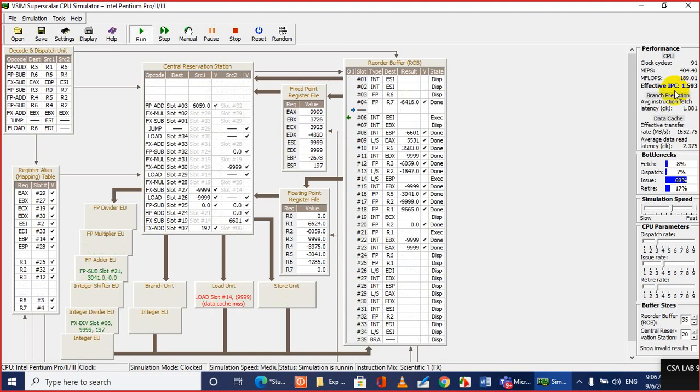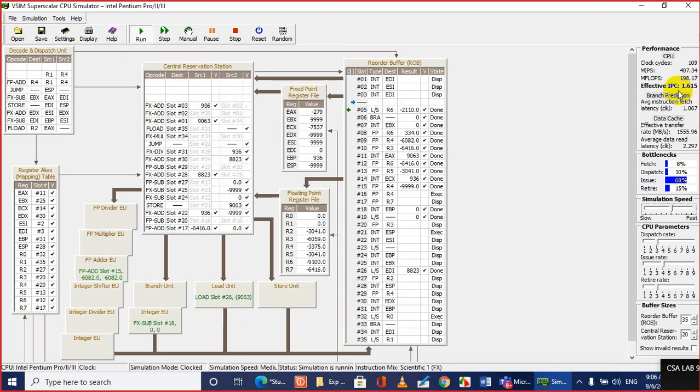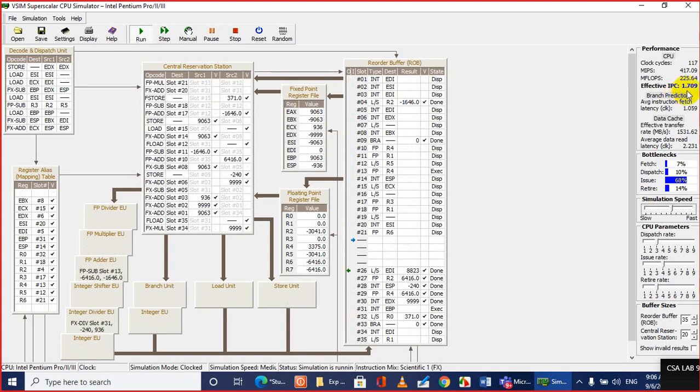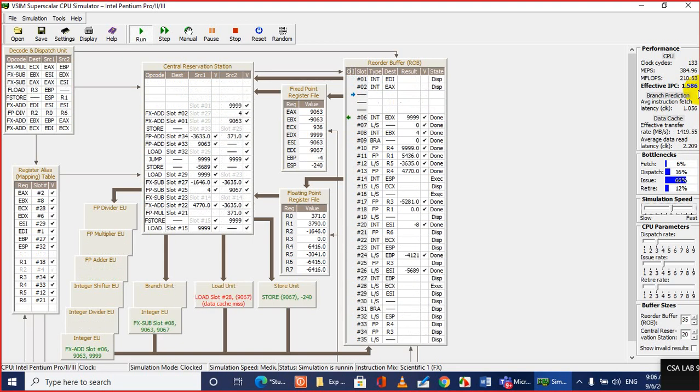As you see, if the IPC is still less than the 1.8 you found before, that means probably this is not the right value. So we need to wait until we get a value higher than 1.8, higher than the previous value.